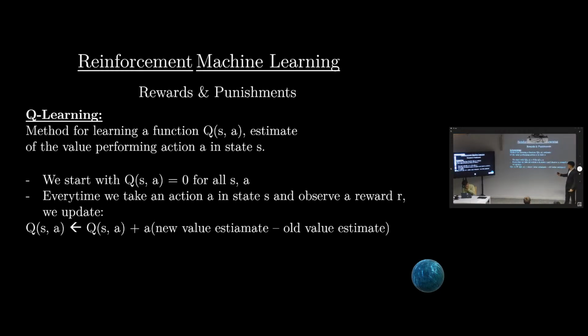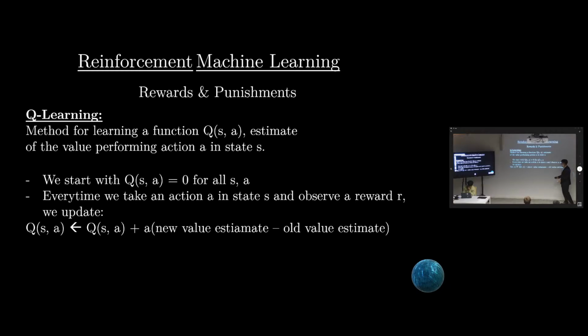If alpha is bigger, then this would act more on this. For example, if the difference was 2 and alpha was 3, then I would get 6, and this would make my AI learn faster. But if it learns too fast, then it will go a bit randomly. So we try to find the balance with alpha. Don't make it too small, because otherwise the learning would be too slow. Don't make it too high, because otherwise the learning would be too fast and too random.